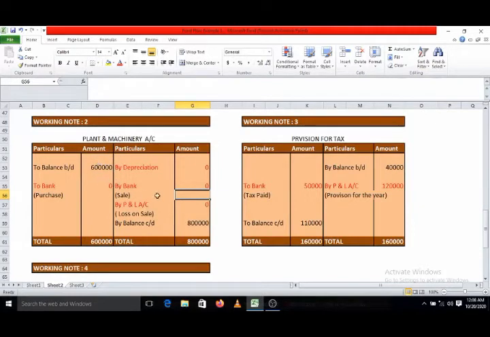Now it has been sold during the year. Sale we have to write on the credit side of the plant and machinery account. The entry is bank account debit to machinery account. At what price has it been sold? It has been sold at rupees 3,000. Now you can check out the book value of that asset is rupees 5,000, which is included in the opening balance. Against that we are writing the sale consideration of 3,000.